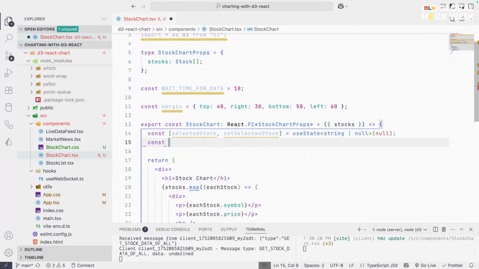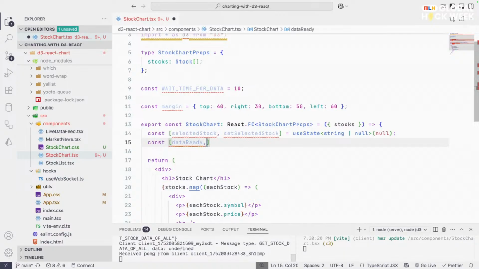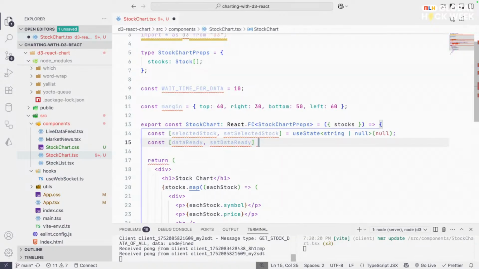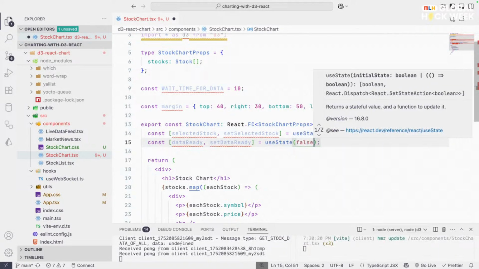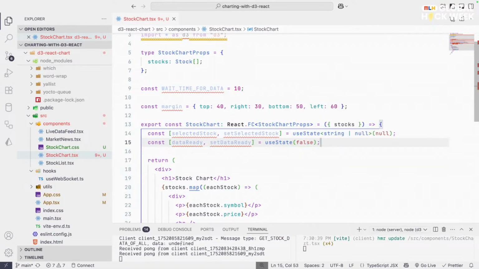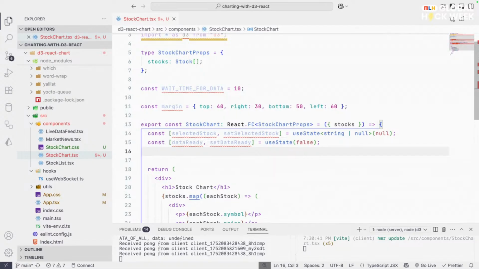Next, let's have another variable to keep track of: is the data ready or not? So dataReady and setDataReady. Again, a useState variable, initially false, the data is not ready. And we are going to